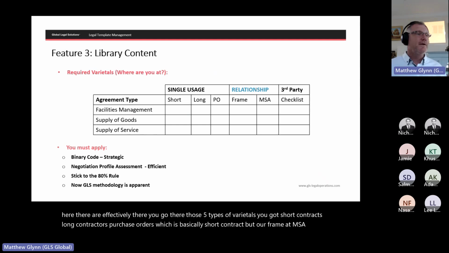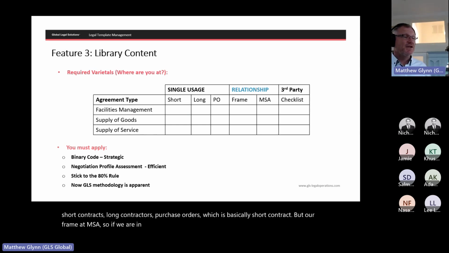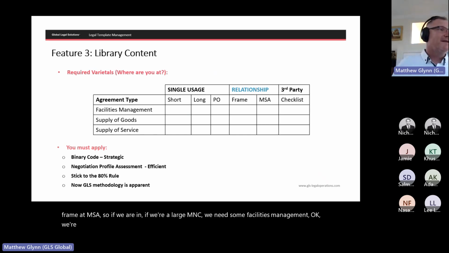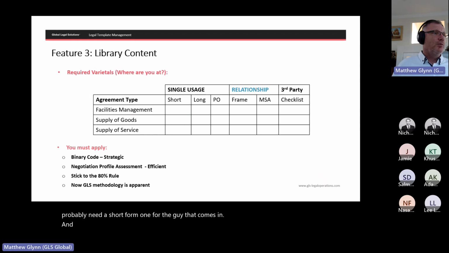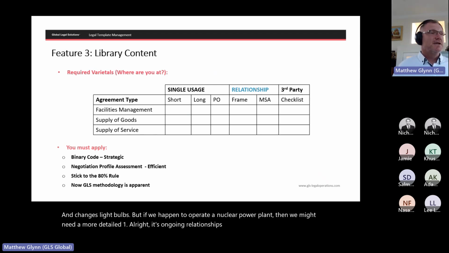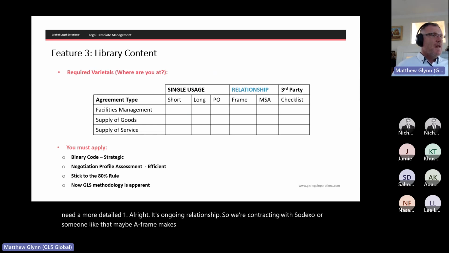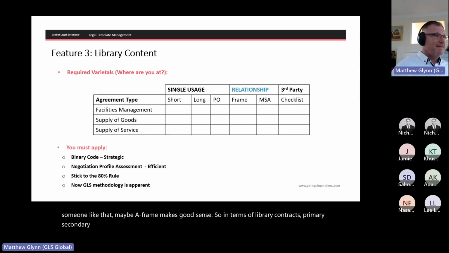So if we're a large MNC, we need some facilities management. Okay, we probably need a short form one for the guy that comes in and changes light bulbs. But if we happen to operate a nuclear power plant, then we might need a more detailed one. All right, if it's an ongoing relationship, so we're contracting with Sodexo or someone like that, maybe a frame makes good sense. So in terms of library contracts, primary, secondary, we're going to unpack secondary in a second, but there